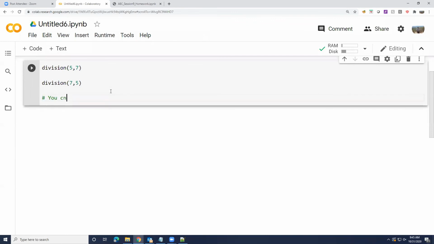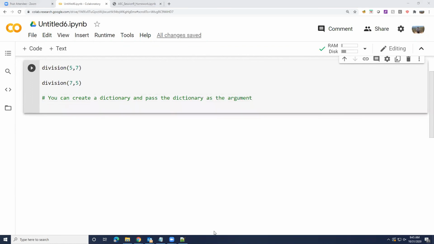So you can create a dictionary, pass the arguments in the dictionary, and pass the dictionary as the argument. That's a good way. Any other ideas? Why would a dictionary make it any clearer than just 7, 5? It has titles. Very nice.